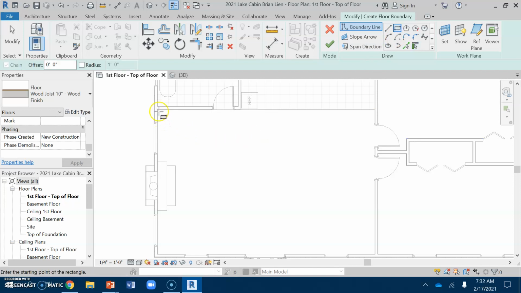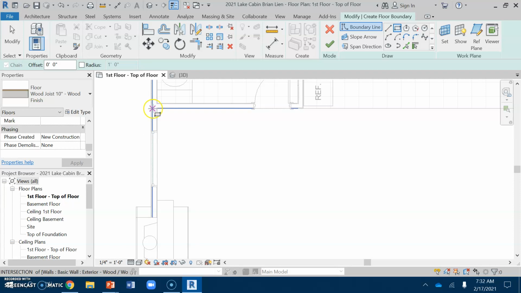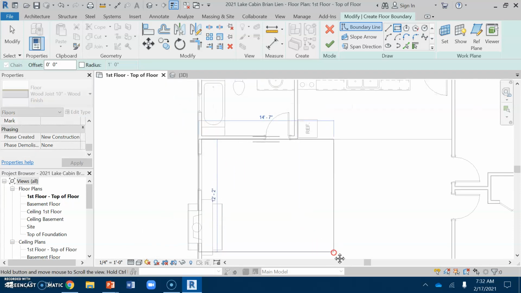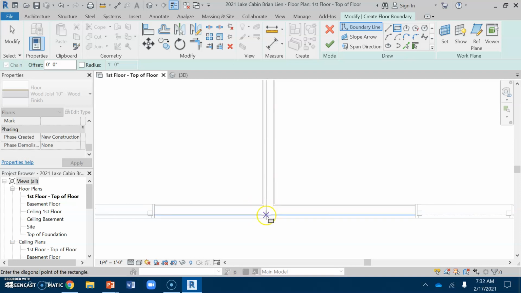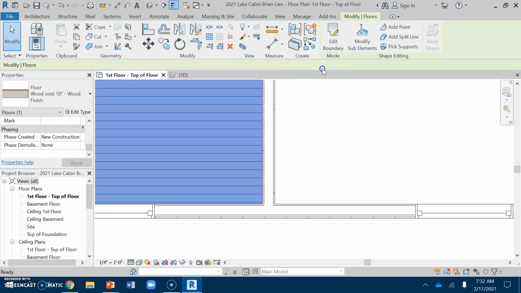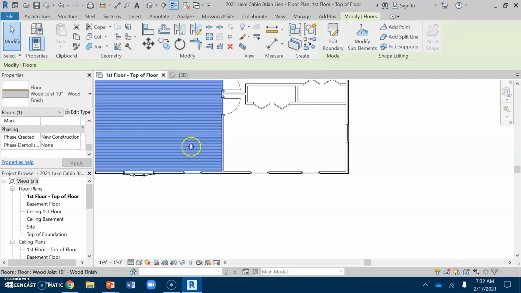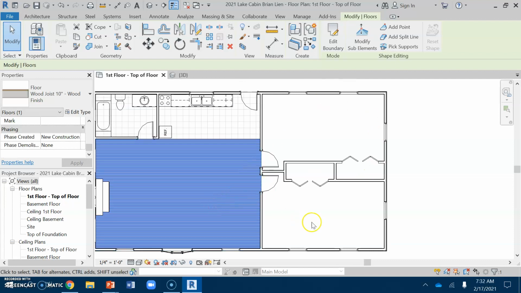And I'm going to pick the outside corner right there and go to the inside of this wall right here. I'm going to go to the middle. Green check mark. And there's my wood floor. And then the last thing I would do is do the rectangle from here to